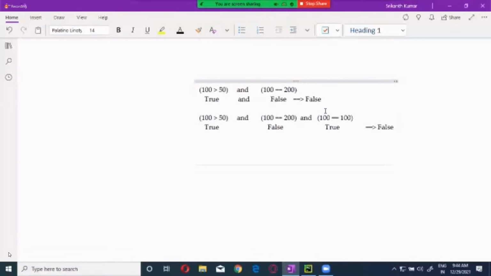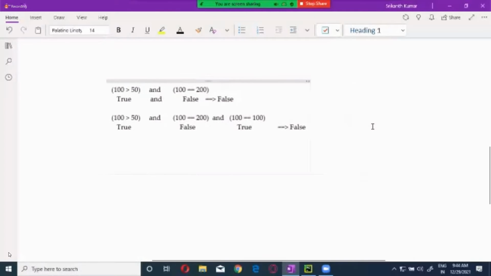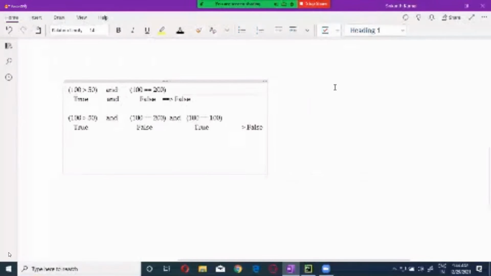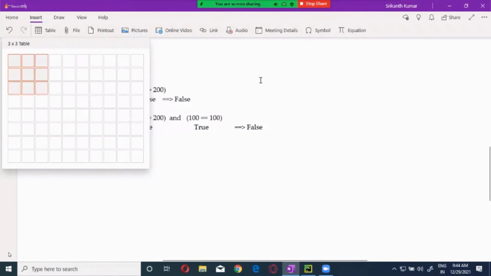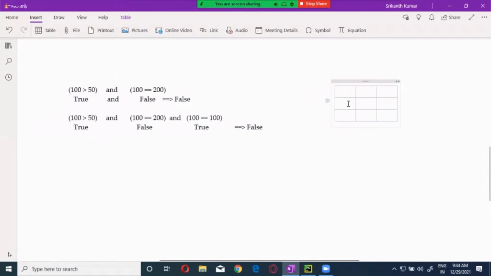There is a table for this; they especially use a table to understand this. Let me do that so that it is easy for you. If I'm using an AND here, this is true and this is false. And down here, I'm saying true, and here it is false.